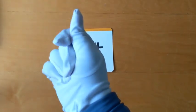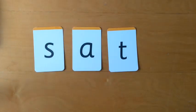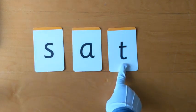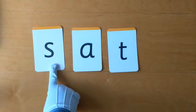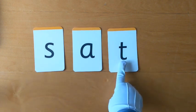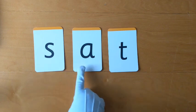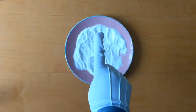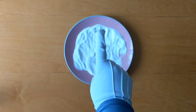What sound did we learn last time? I remember. Subhanallah, Arabic, taqwa, sat. Put your finger in the air and help me write